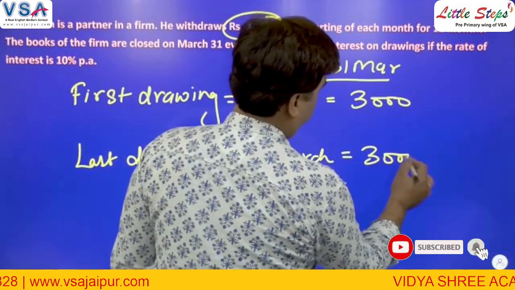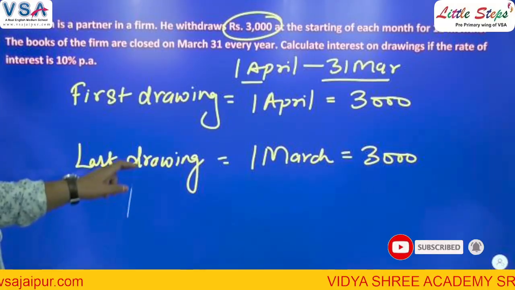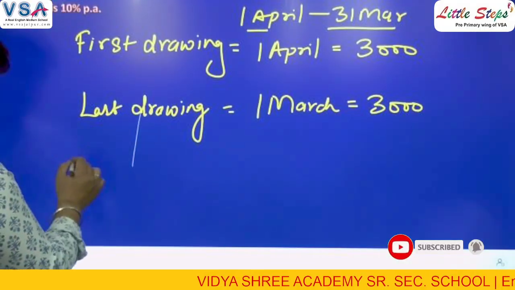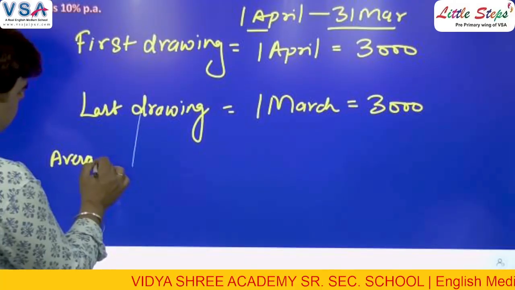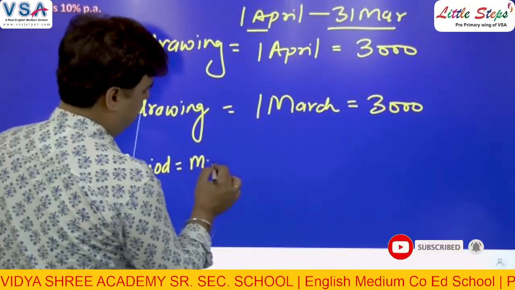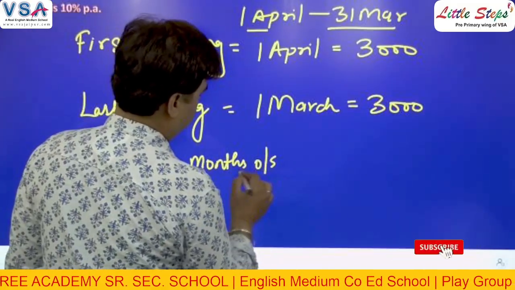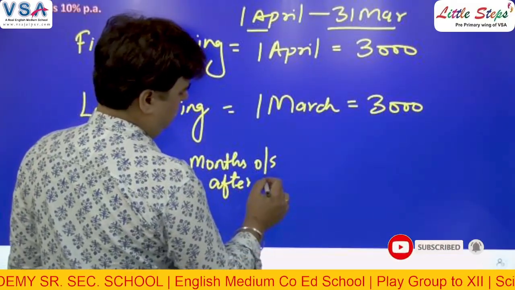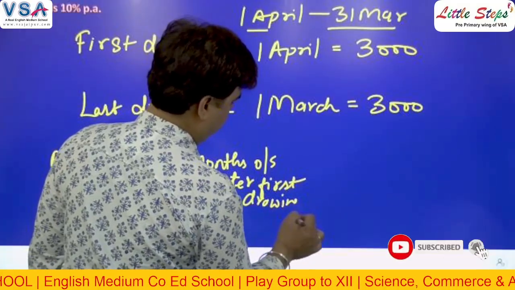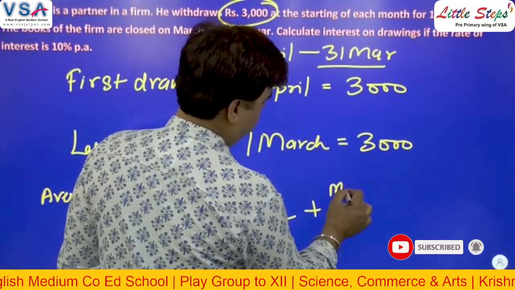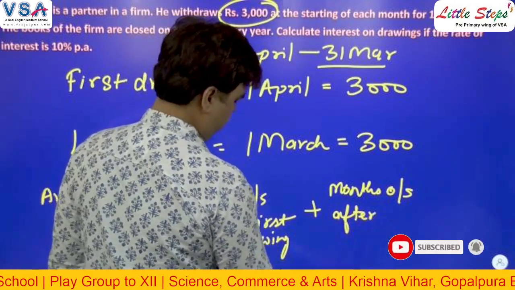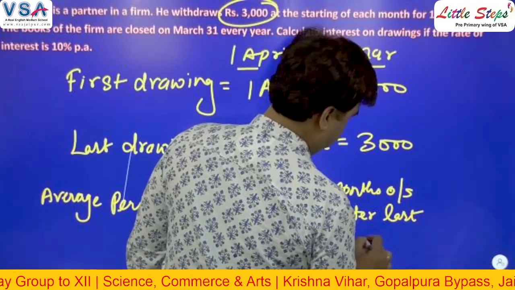Amount again 3000 rupees, right? Now, so what was the formula to calculate the average period? एवरेज पीरियड कैलकुलेट करने का क्या फॉर्मूला हमने देखा था? Months outstanding after first drawing add months outstanding after last drawing